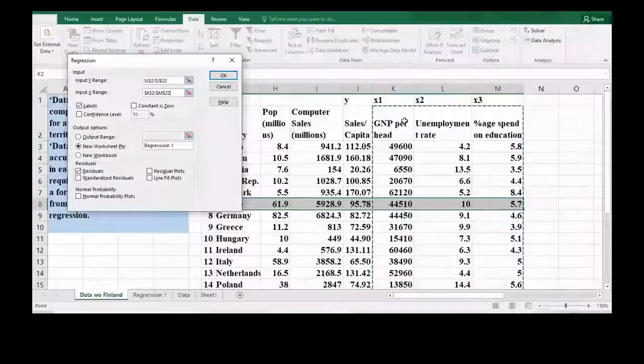Select all these 3 columns along with its title K, L and M. We are done. Rest selection is as it is by default because previously you have selected labels, then new worksheet ply. You need to change its name. Now it's not regression 1, change it to regression 2 and check the residual box. Now just click OK.